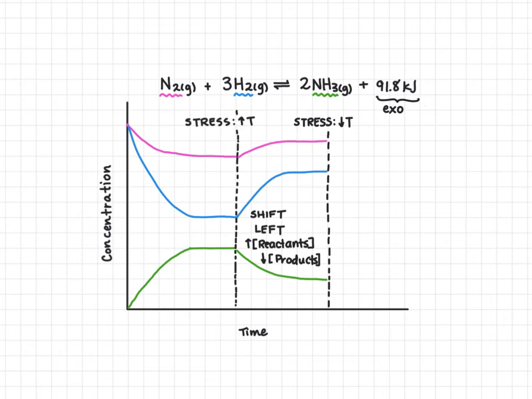That means that the concentration of our product, ammonia, will go up. Because our reaction is shifting towards ammonia, the concentration of our reactants will go down. This would be a shift right, and we can recognize it as such from the graph because the concentration of